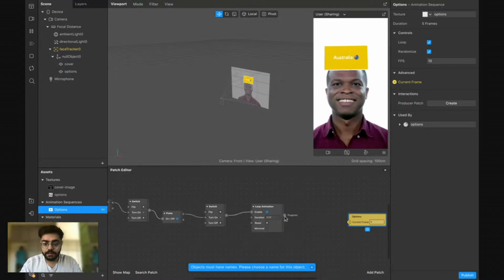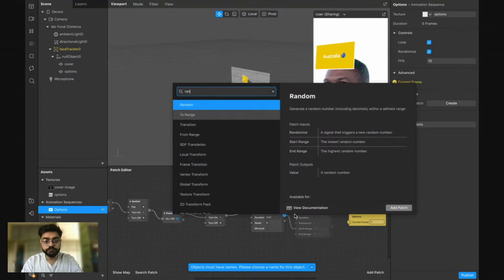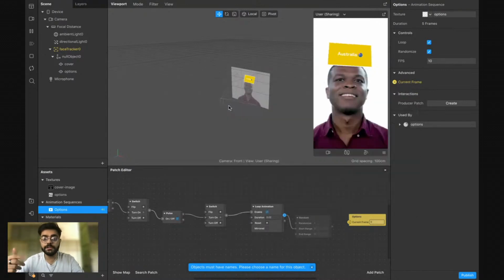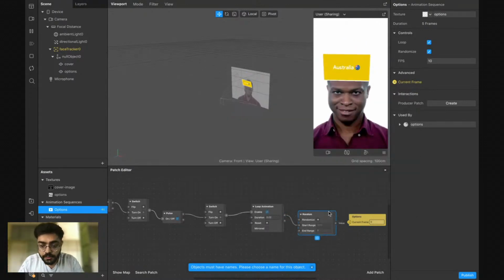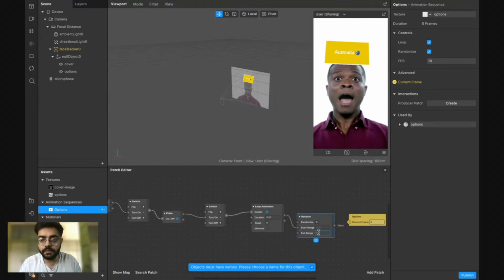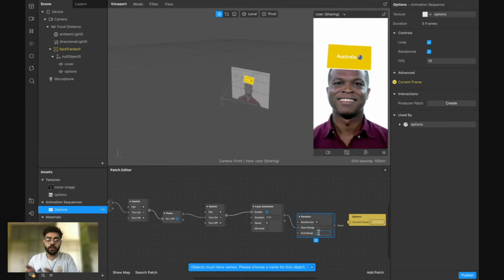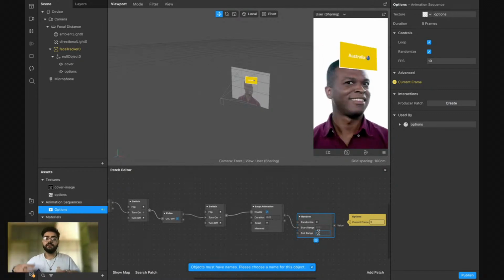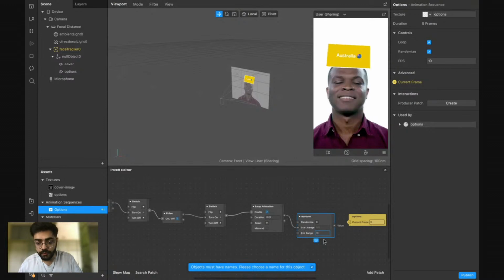Before that, I'll select random, because I want these options in random, right? So the end range would always be the number of options I have. The number of options I have is five, but this works from 0. So if I have options from 1 to 5, I'll put it as four. Okay,